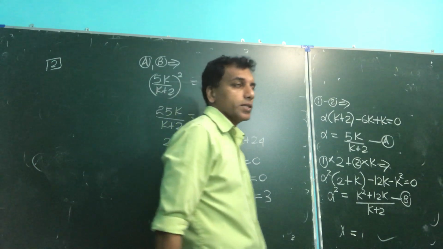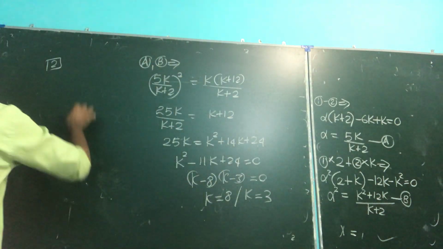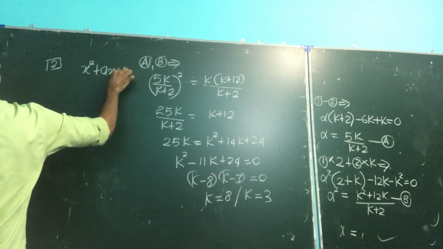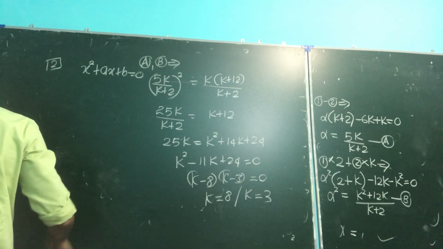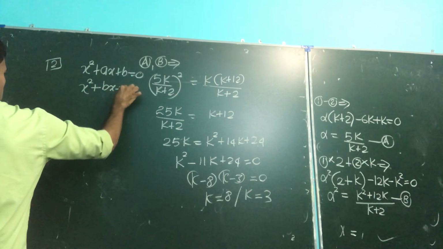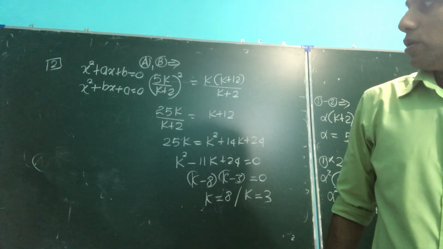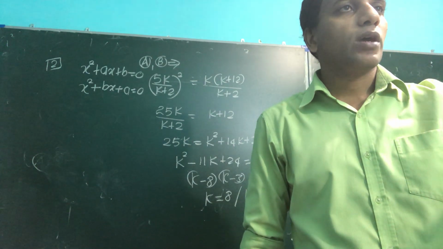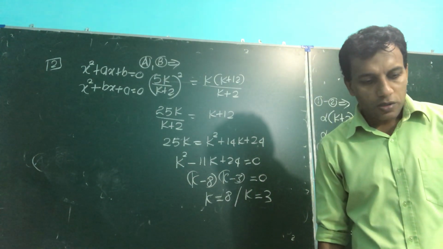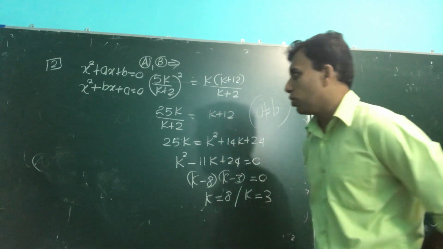If the quadratic equations x square plus ax plus b equal to 0 and x square plus bx plus a equal to 0 has a common root, also show within bracket where a not equal to b, because